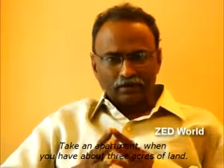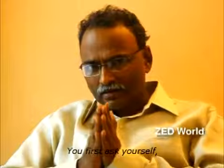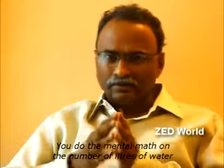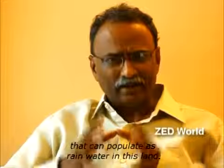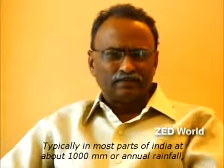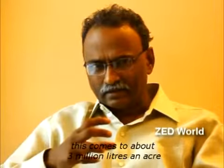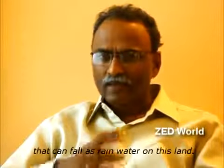Take an apartment. When you have about 3 acres of land, you first ask yourself how many houses you want to put into this place. You do a mental math on the number of liters of water that can populate as rainwater in this land. Typically, in most parts of India, at about 1000 mm of annual rainfall, this comes to about 3 million liters an acre. So you're talking of about 9 to 10 million liters of water that can fall as rainwater on